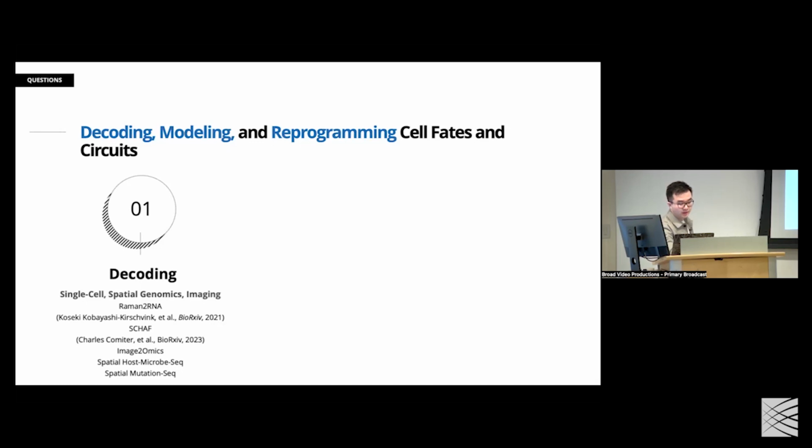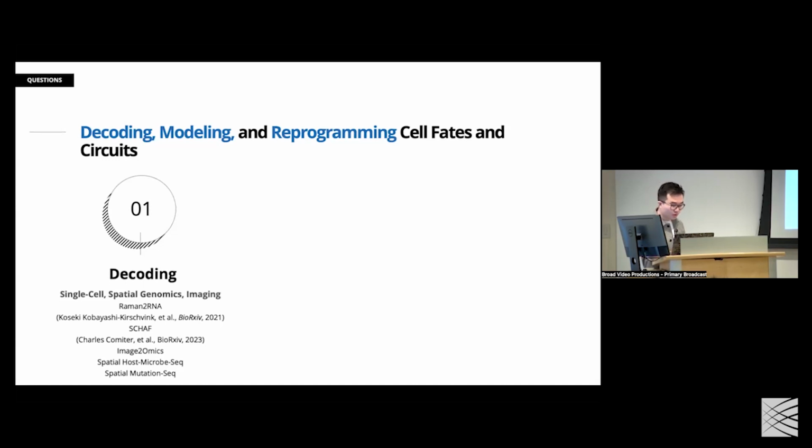And then today there's going to be a talk on the tool that Charles has worked on, again with Aviv, where he developed this machine learning tool to infer single-cell gene expression from histology images. And then moving forward, we're interested in how we can expand what we've been doing in the past 2 years to other imaging modalities, which are not quite popular in the biology world yet.